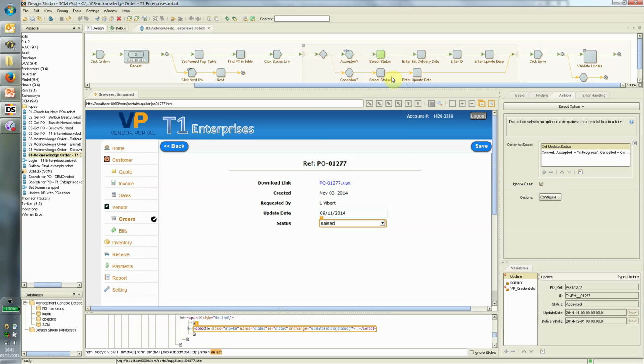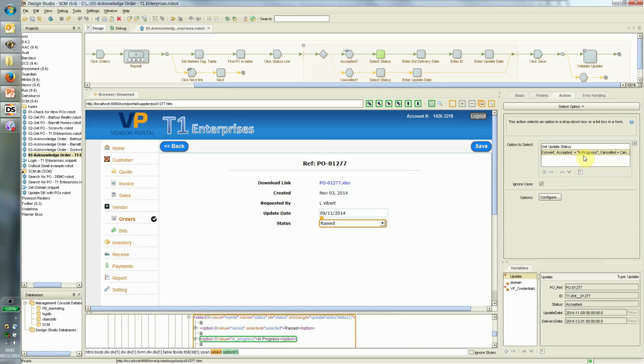So what I need to do here is to change the status, and this illustrates one of the features of Kapow here that's very useful. In our world, we say that the status is accepted, but actually on the partner portal, they don't use the word accepted, they use in progress. So we need to do some sort of translation between our accepted and their in progress, and that's exactly what